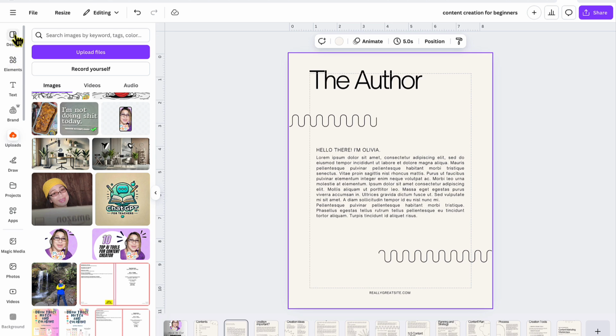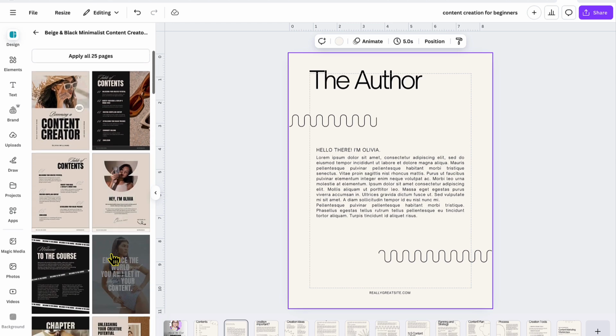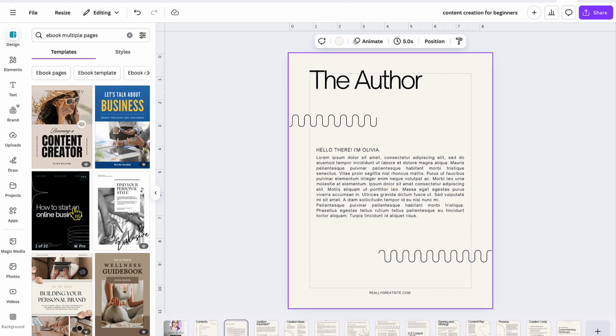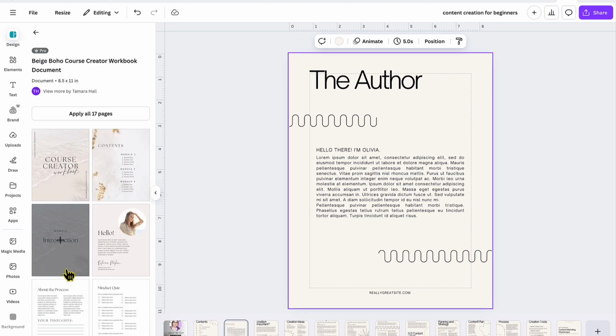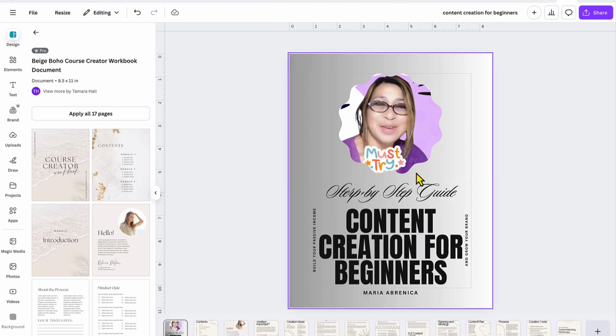So, okay, let's go back to design again, guys, and I'm gonna show you how you can change this even though it is inside of one ebook that you just downloaded. I can change that to another page, like, hold on. Okay, so let's say I want this page in here, so I'm just gonna add this one over here. So instead of